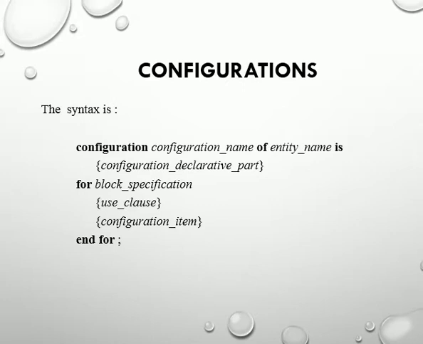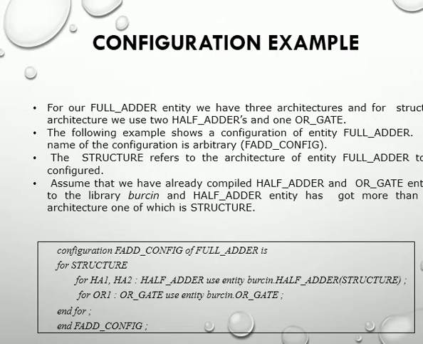This indicates which architecture will be used with the entity that is specified earlier, as well as which configuration elements will be used in the component instances. So that means here which architecture we are going to use. As we have seen for full adder, we have structural, data flow and behavioral types of modeling, that is, architecture declarations. So out of that, which architecture we are using for this configuration will be specified, and then it will be the end of that configuration declaration.